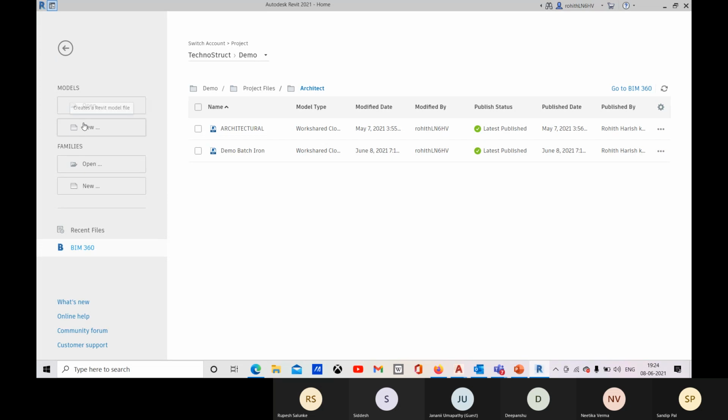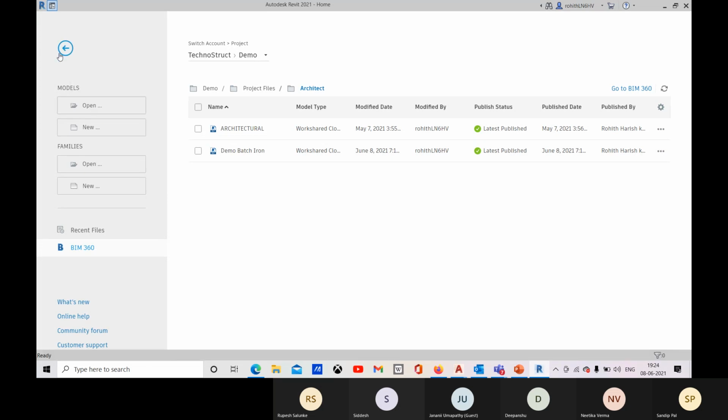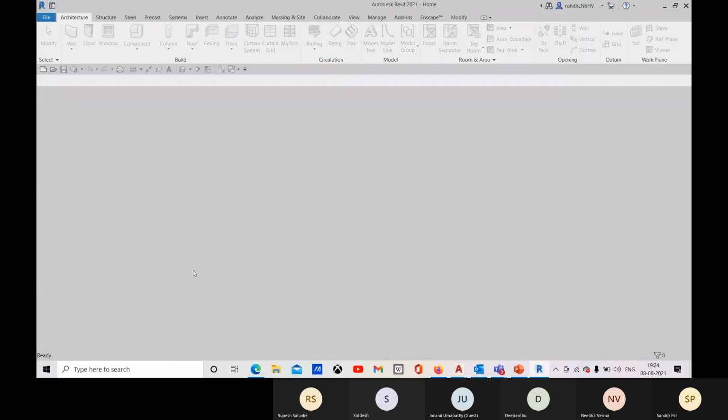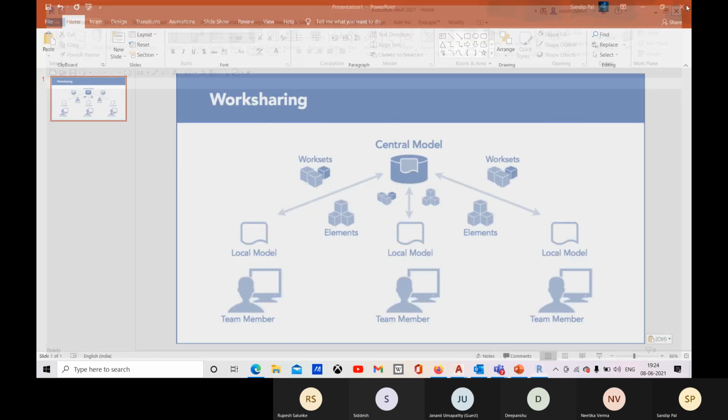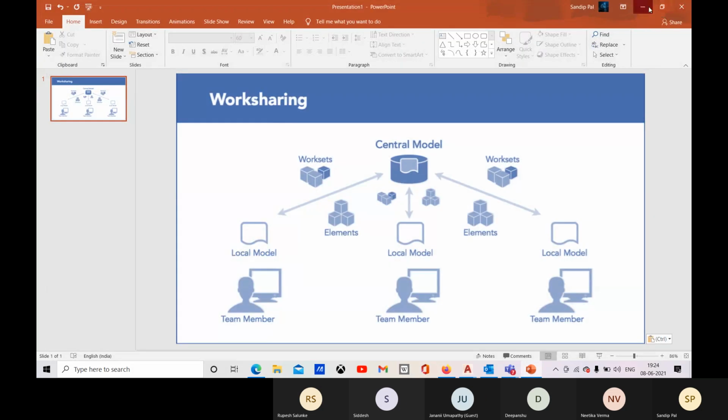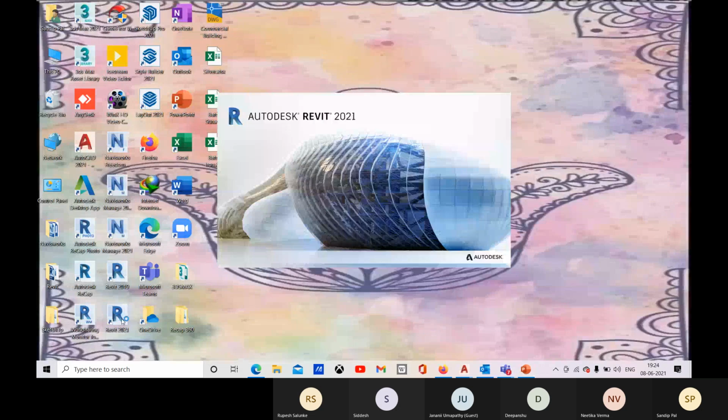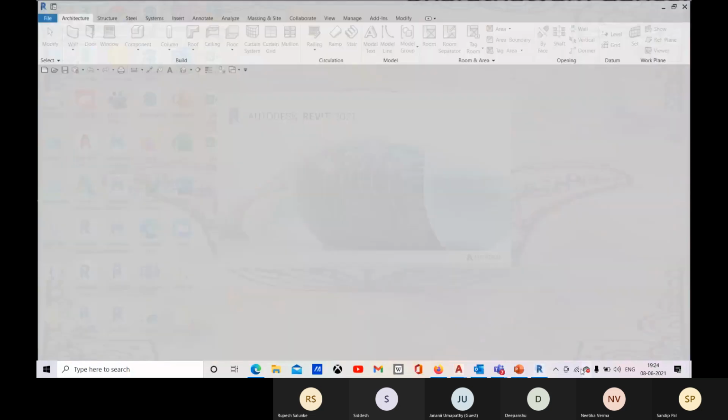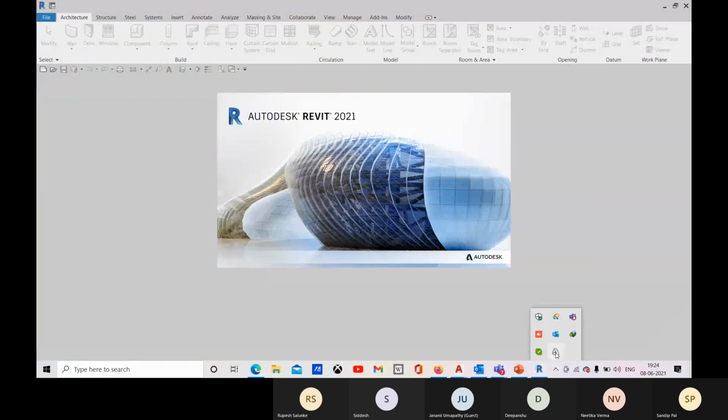So till then, let me show you that I already have one file. So let me open that. It will take lots of time.